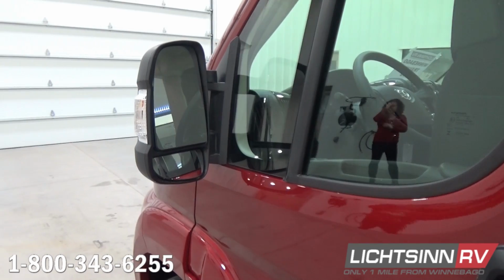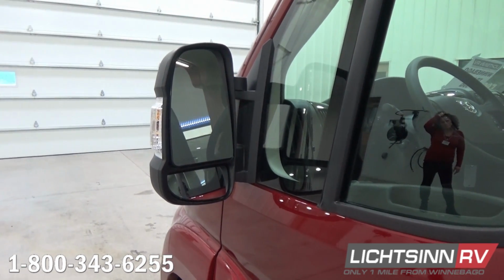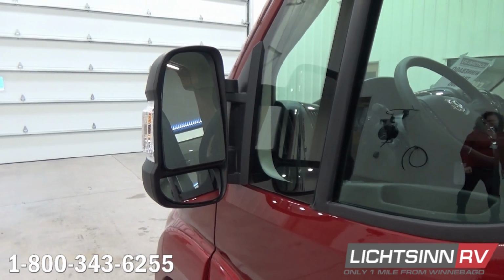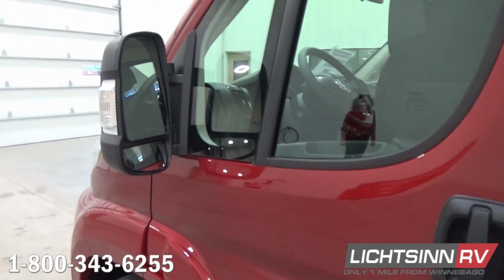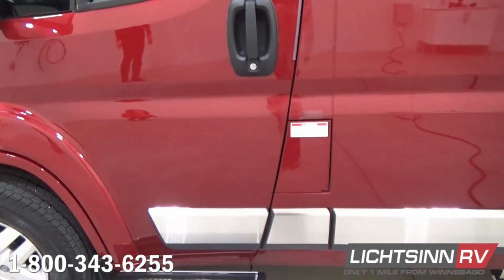The top 2/3 are powered and heated. The lower 1/3 includes that convex wide angle technology. And again, you can collapse these up against the sidewall of the ProMaster van with the touch of a button from inside the RV. Down below, we also now include easy to access entry assist steps, but also take that